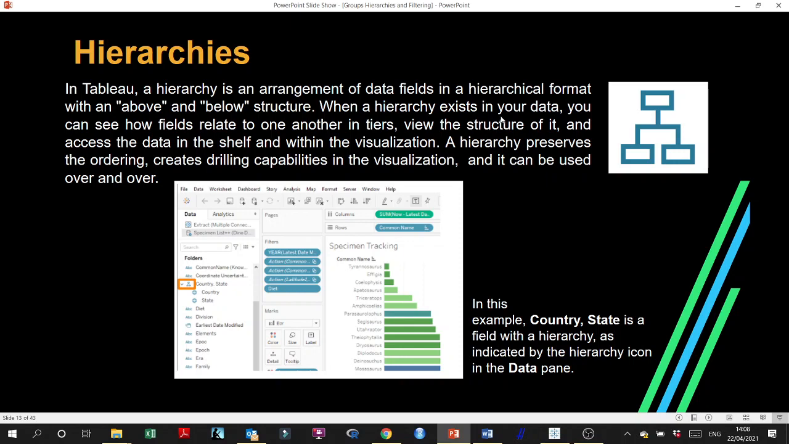So when a hierarchy exists in your data, you can see how fields relate to one another in tiers or layers that show the structure of such inherited logic in this data. So for you to access the data in the shelf and within the visualization, a hierarchy preserves the ordering and creates a drilling capability. So when we say drill down or drill backward or drill forward, for example, if you guys